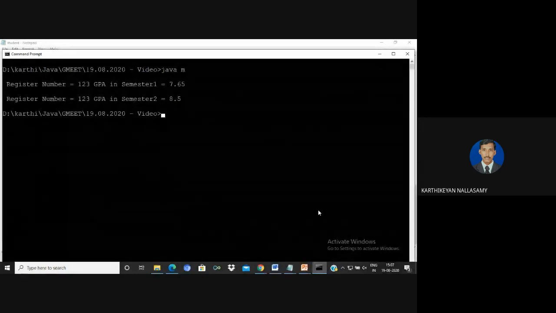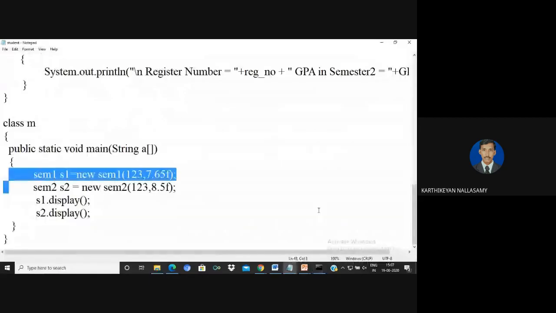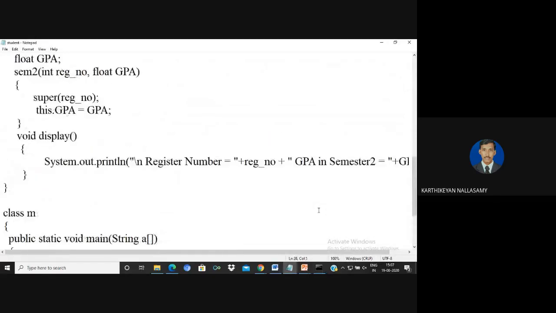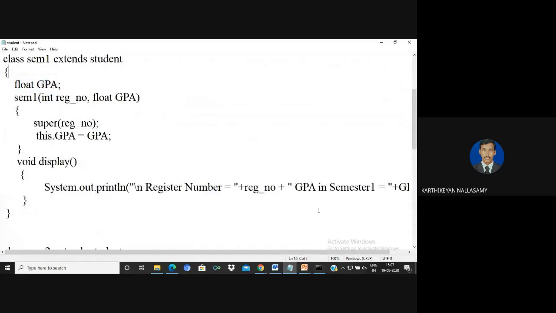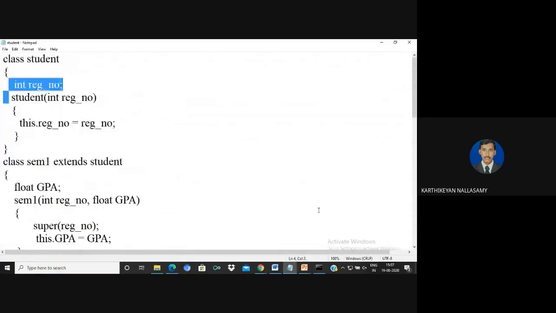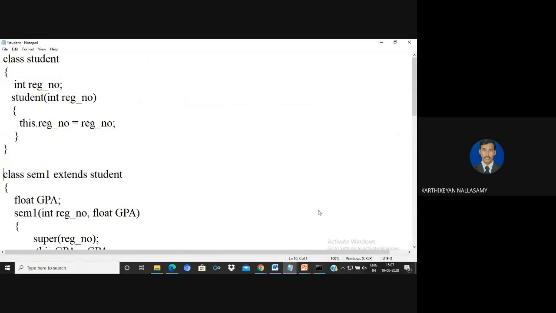We know that for Sem1 there are two data members to consider. One is GPA, which is defined in the semester 1 class, and we are reusing the register number. So for semester 1 it allocates 4 plus 4, that is 8 bytes.